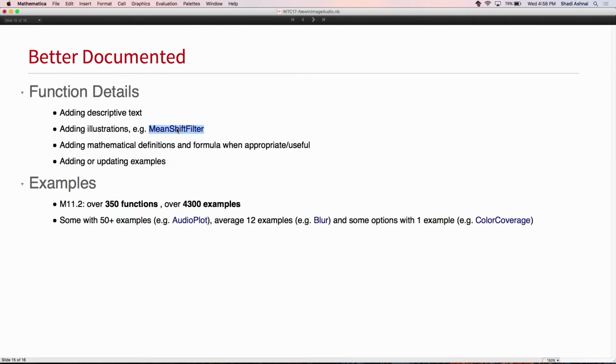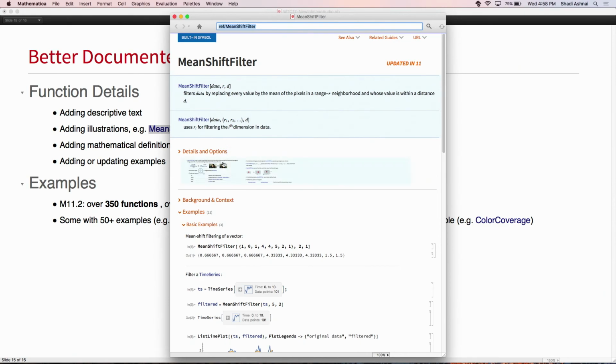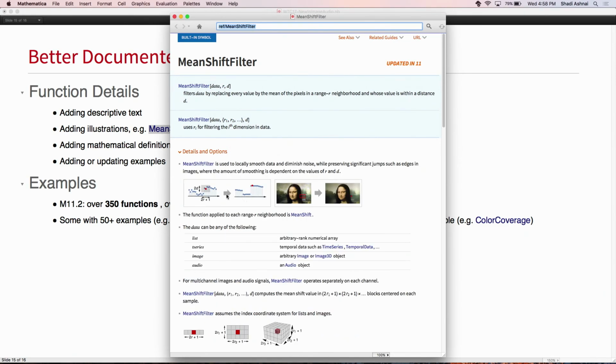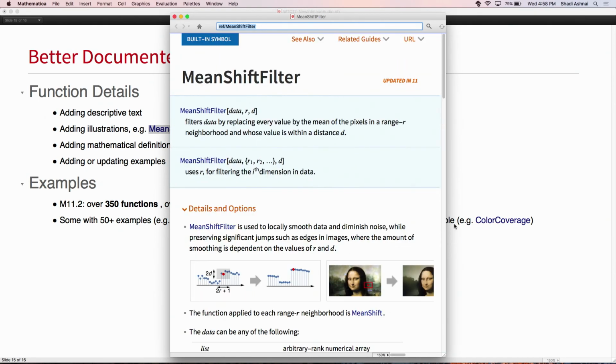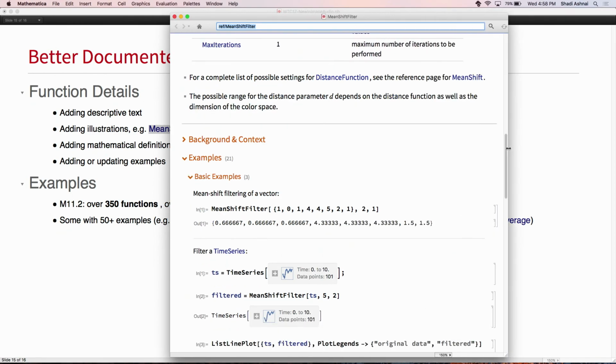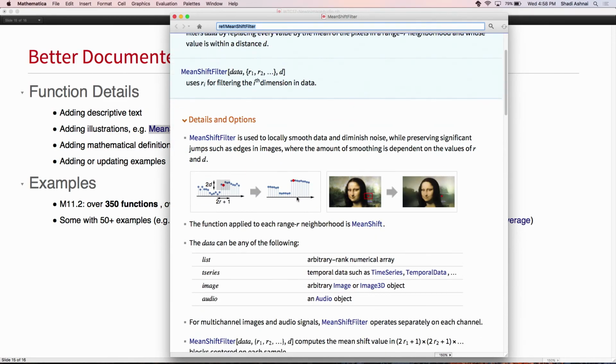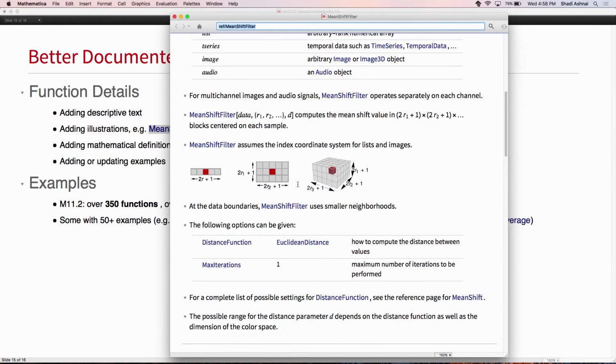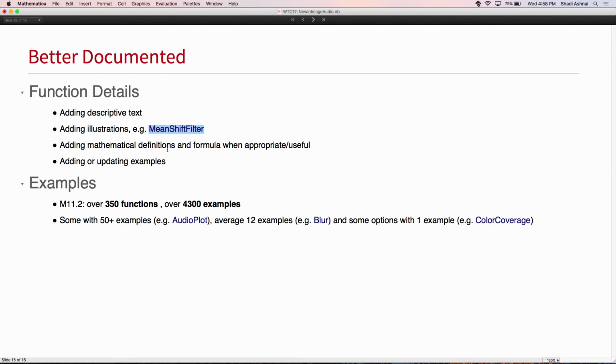Better documented functions. I'll just jump to one of the functions, mean shift filter. We are making the documentation cleaner, but also a lot more intuitive. We are trying to insert these illustrations. Maybe I should make that a little bit bigger quickly. We're adding descriptive text on top of all of the functions explaining what the function is supposed to do, and then adding an illustration, and then the filter cases, one 1D and one 2D, for instance, but also details about what coordinate system the function works in and things like that, which is a lot easier than going through the text and trying to visualize it in your head. And a lot of examples are being added. I just did a quick run.